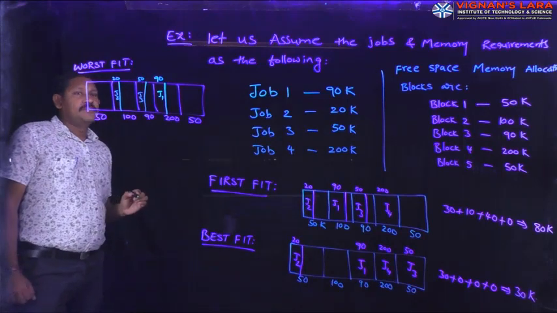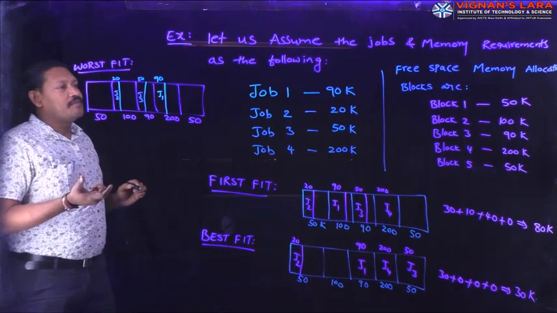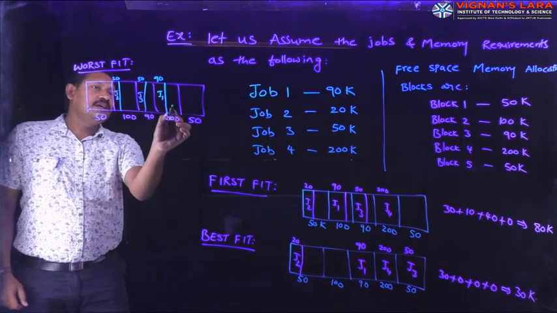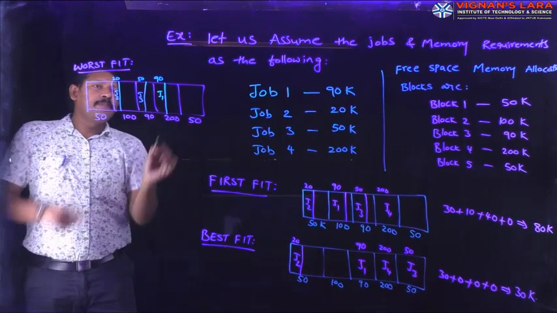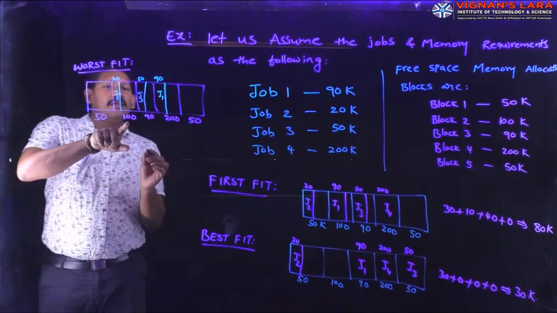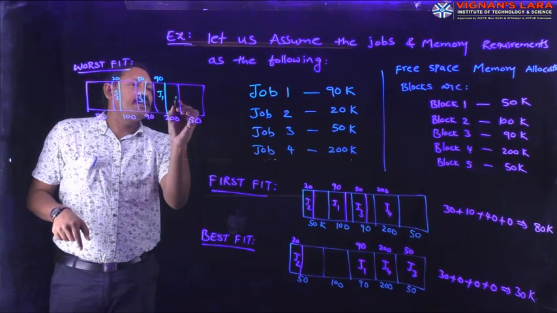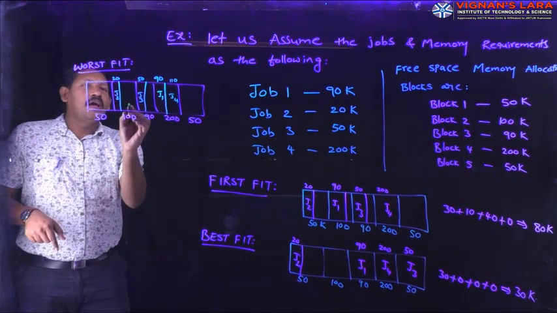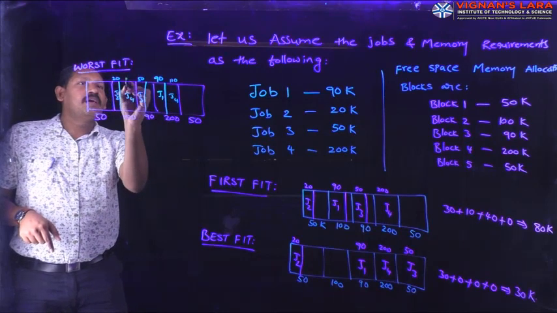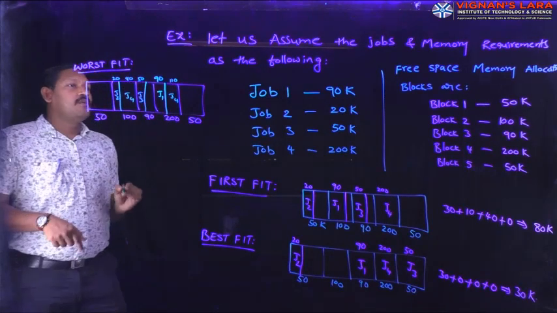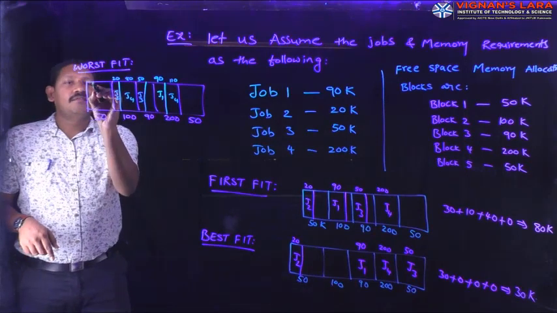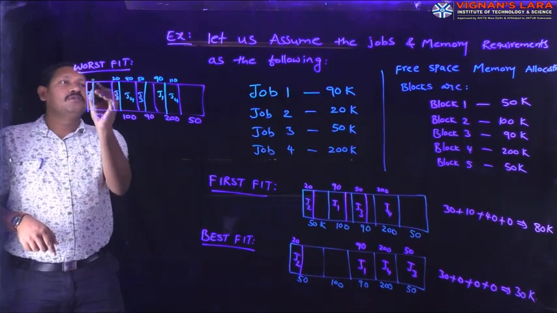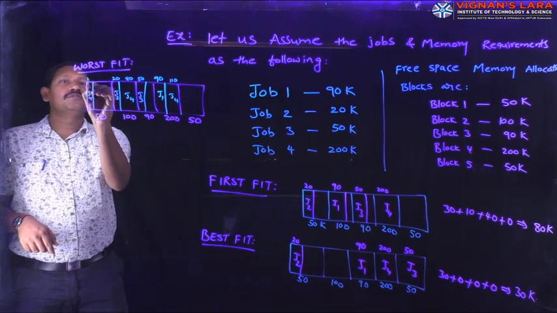The next is job 4. We need 200. So there is no particular block where it can accommodate 200k. So if we use, see here, there is 110 available. Okay. So next, here 80 is available. Here 110 for job 4. And here job 4, 80 is available. So 110 plus 80, 190. And the remaining here, we will be using for job 4 only 10.